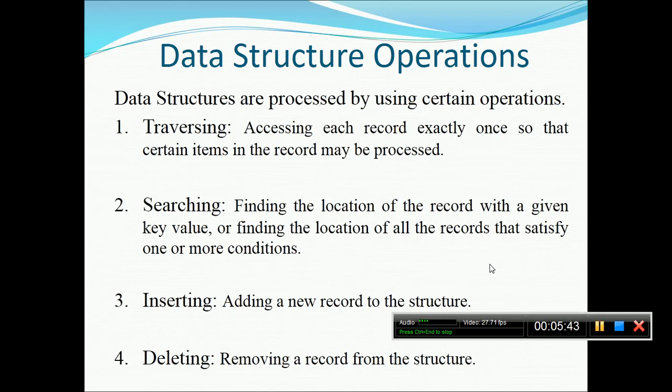Now suppose you have an integer array, and for every number you want to add 2. Suppose it is an integer array of the marks of the students. For some reason every student will be awarded 2 extra marks. In this case you have to visit every record once and do the existing value plus 2. So you are accessing each record exactly one time. In this case we call this idea traversing.